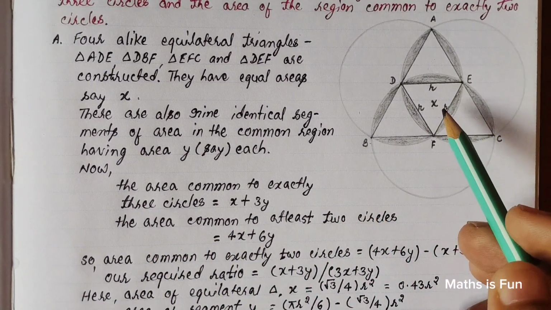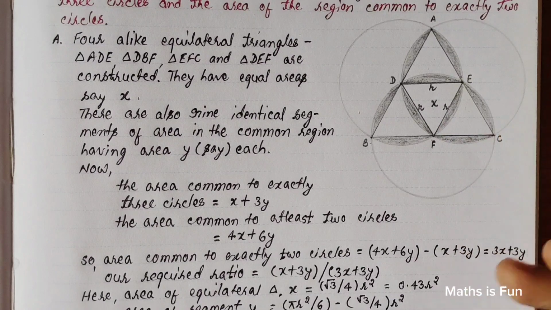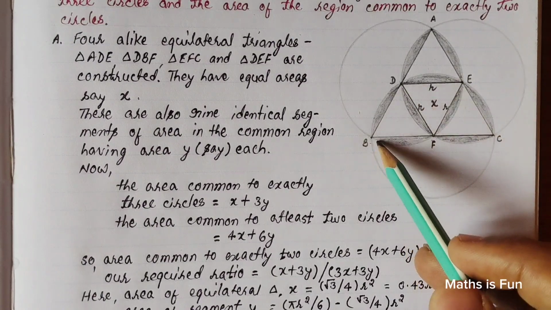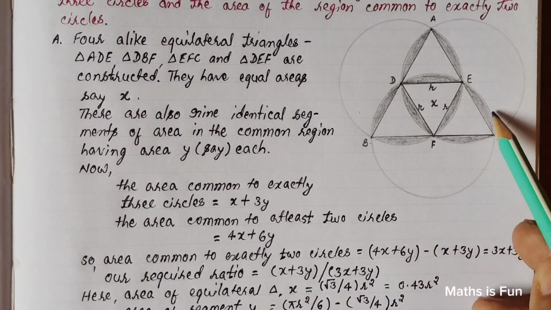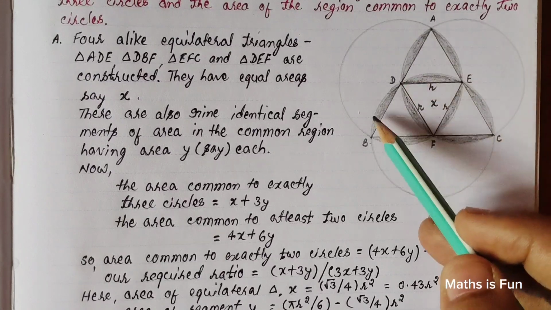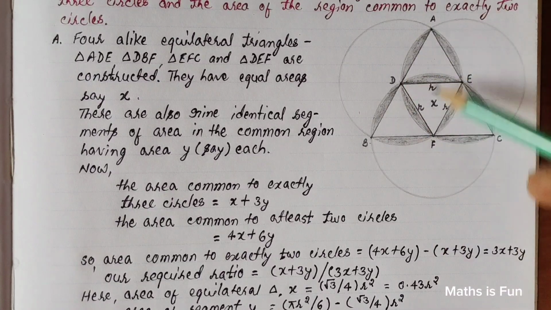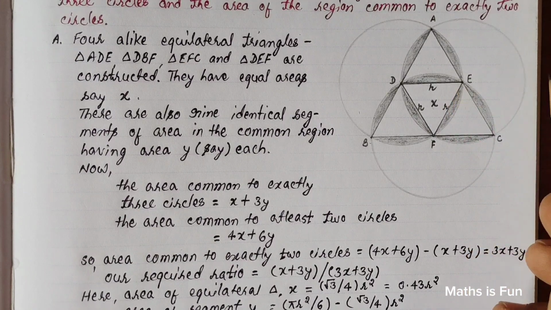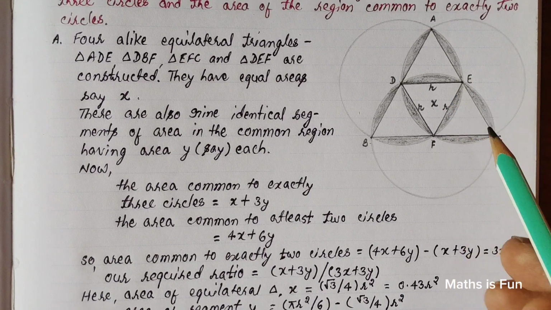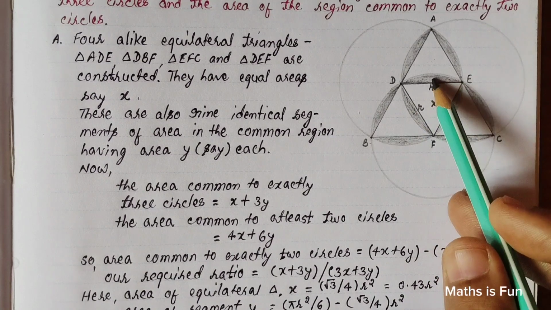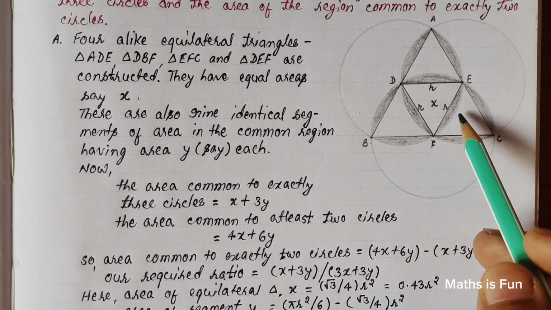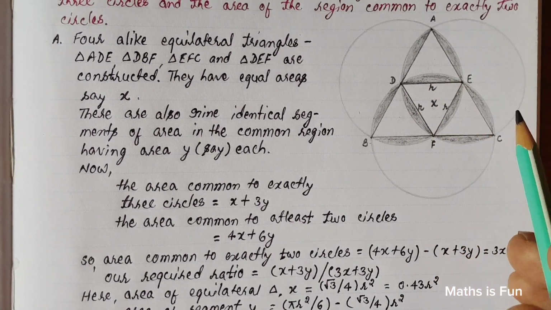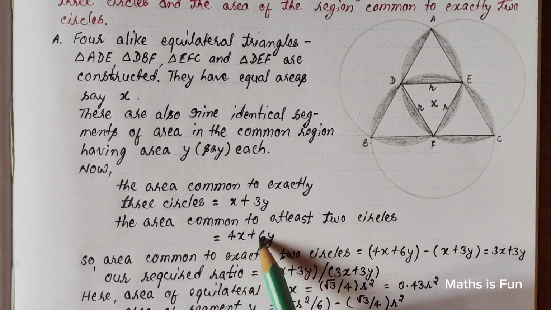That means the area that is common to two circles and also three circles. It comes out to be the area that is inside these boundaries, means this complete total area. We can see that there are 9 shaded regions, so it has to be 9y, but there are also 3 such regions that are inside this triangle. So 9y minus 3y will be 6y, so we have 6y here,